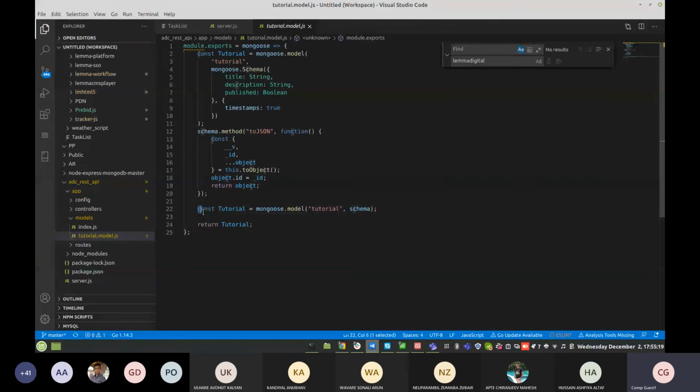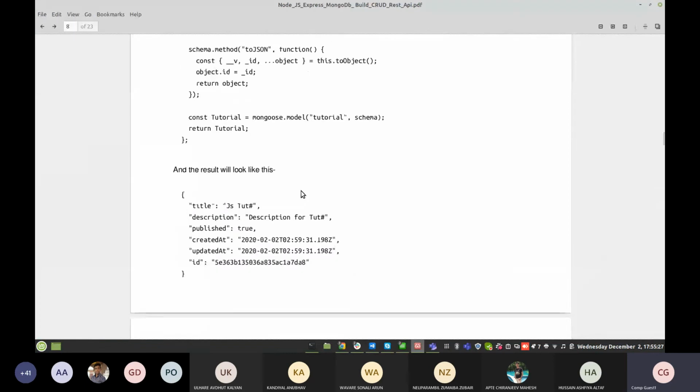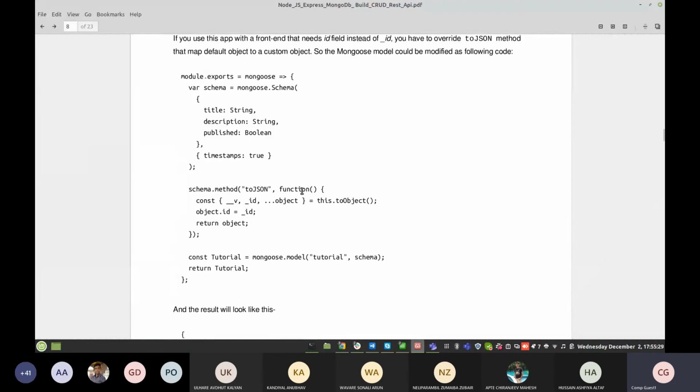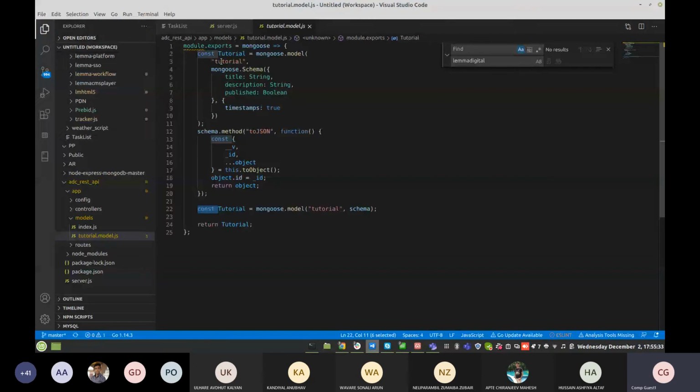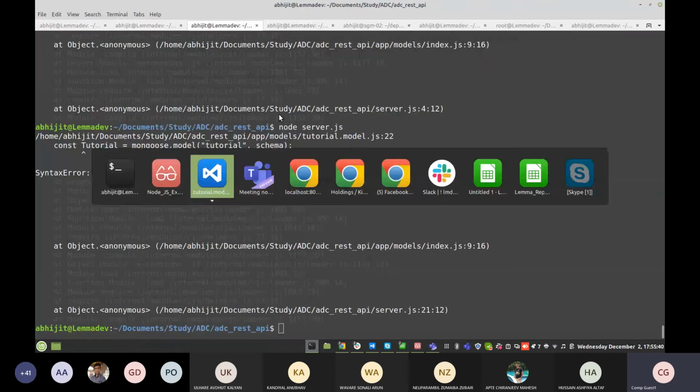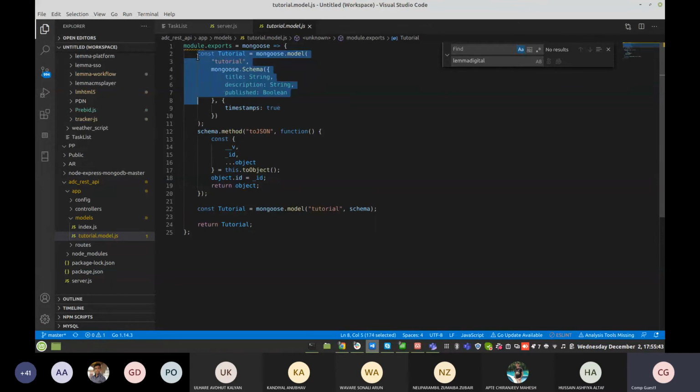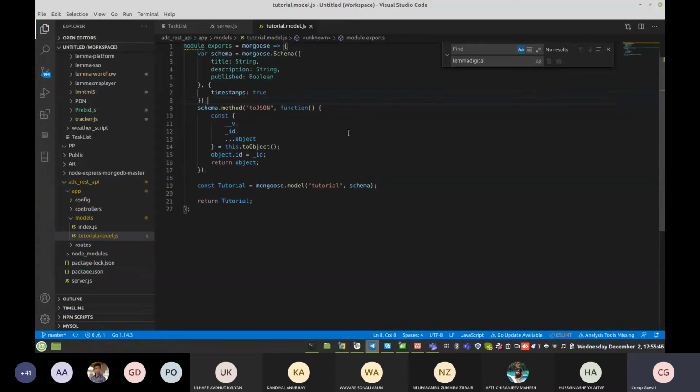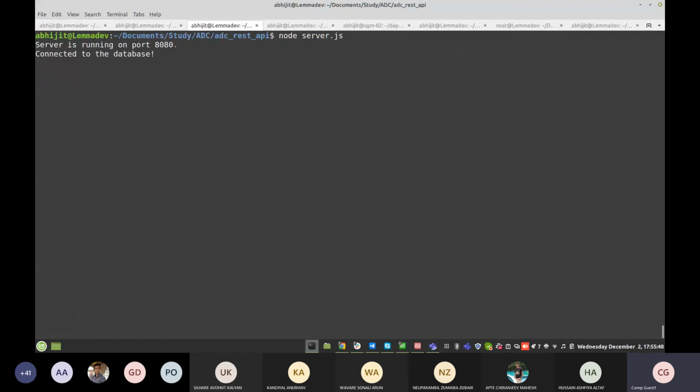Okay, sorry, my mistake. I have re-initialized that variable. Sorry. What he made, they have made the schema separately, okay, and then assigned to that. So we need to change this. Sorry, my bad. Now the database is connected.